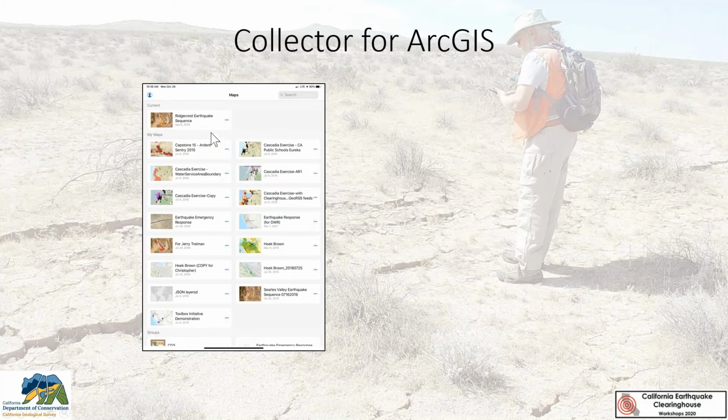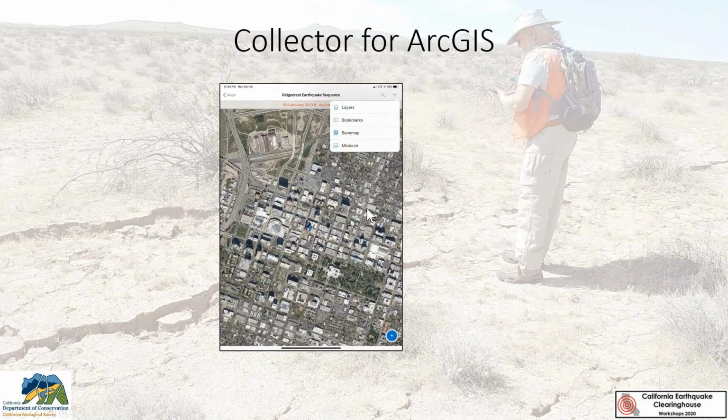So once you're in Collector, if you're using it live, you just click on the map. If you want to cache a map, you hit on the ellipsis. It allows you to download the map. And then, I know this isn't Ridgecrest, but it zooms you into the location where you are currently standing. You're able to turn layers off and on, change the base map if you're using it live, make measurements, but